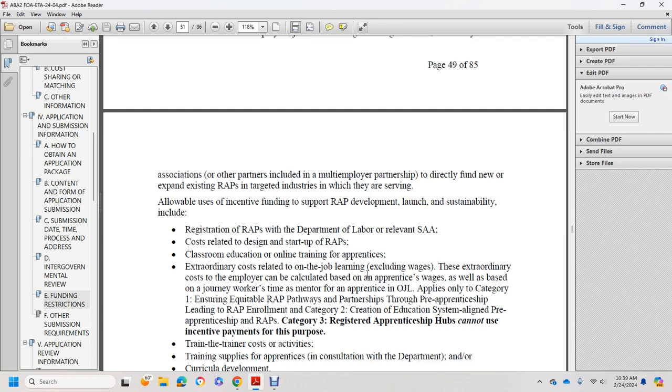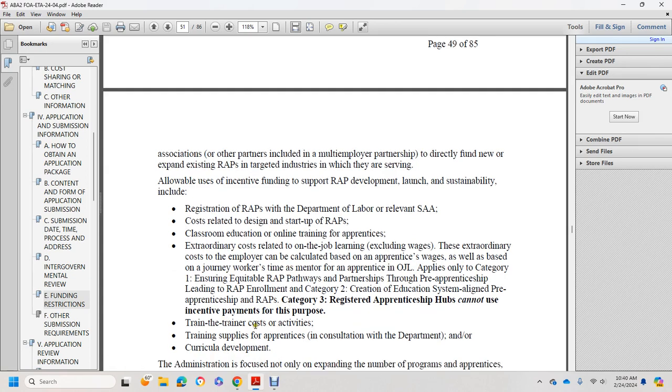These apply only to Category 1, ensuring equitable registered apprenticeship pathway partnership with pre-apprenticeship leading to registered apprenticeship enrollment. In Category 2, creation of education system aligned pre-apprenticeship and registered apprenticeship. Category 3 registered apprenticeship hubs cannot use incentive payments for this purpose. The training-the-trainer costs or activity, training supplied with the apprentice, for consultation with the department and or